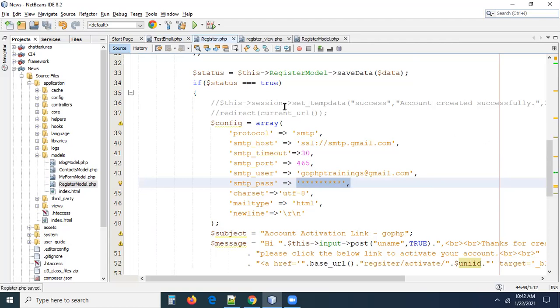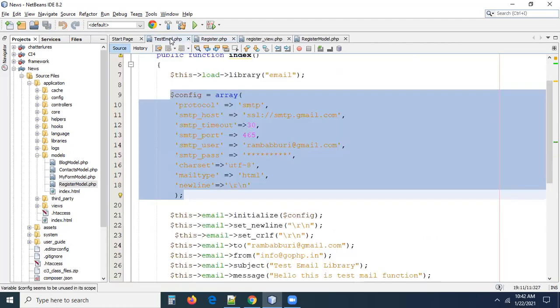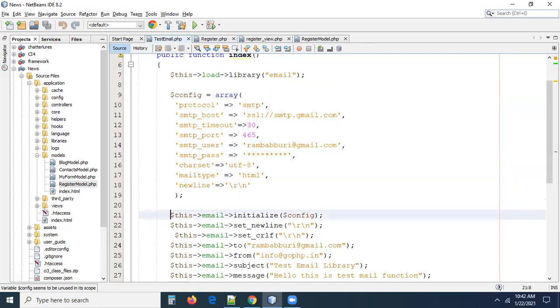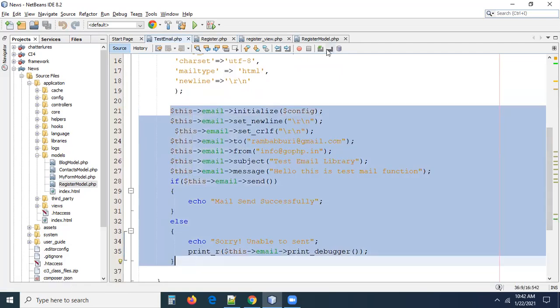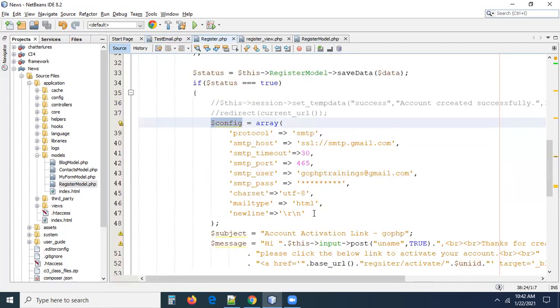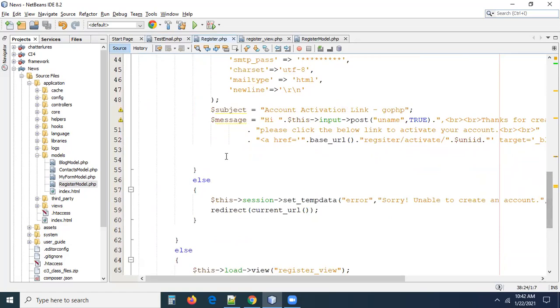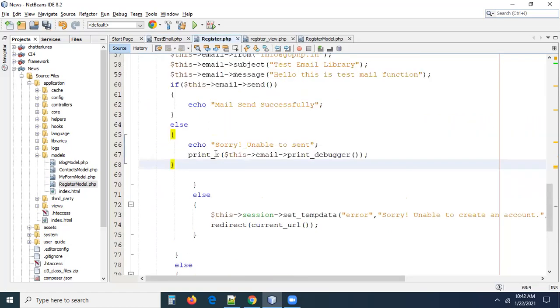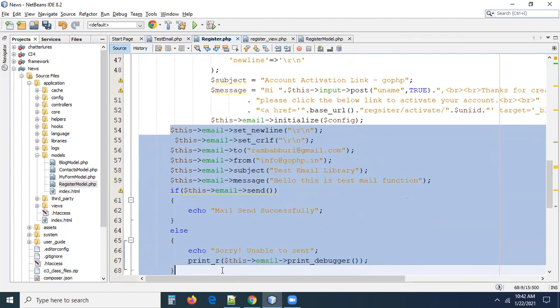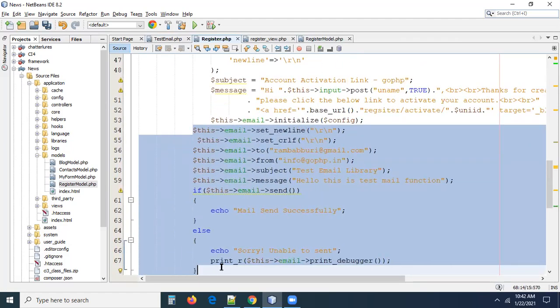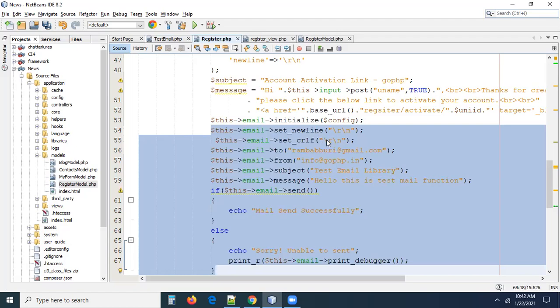Once this is done, all the configuration we have, we have to pass to the initialize method. Did you see we have an initialize method? Let me copy the whole code here. This is not a problem. Let me copy the complete code. Already we did this, right? That's why I'm completely copying this code. We will change the parameters. Right, can you see now? So this is the initialize method. To this initialize method, we pass the config array. So in this config array, new line, okay.